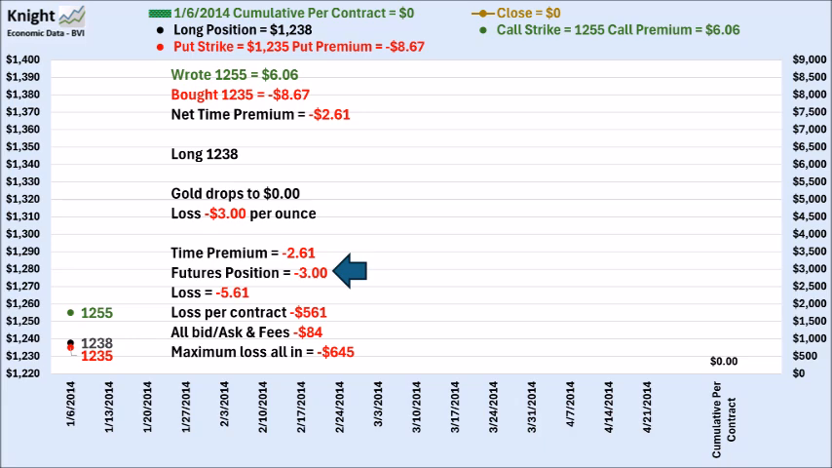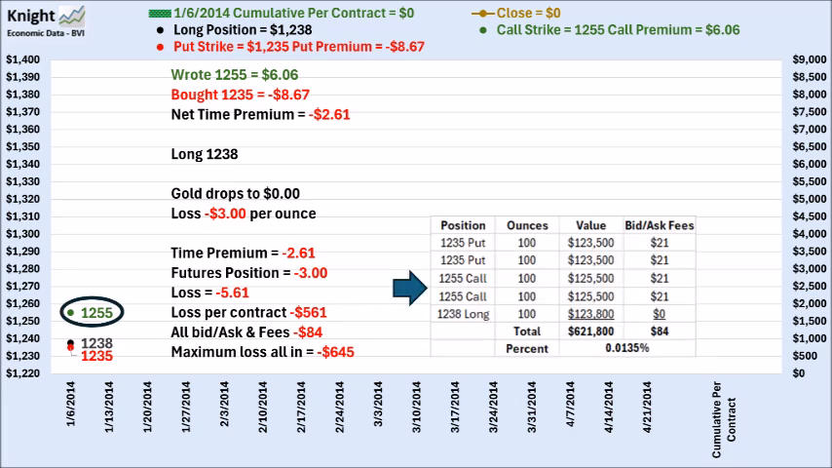And we're going to add this $2.61 per ounce or $261 per contract to the $3 per ounce or $300 per contract loss on the underlying 1238 long, which totals out at $5.61 per ounce, or $561 on the position,